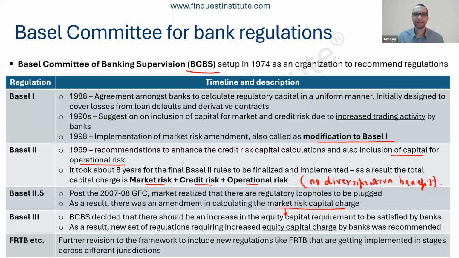So this was a little bit on the timeline as to how the regulations have progressed over the years. As we see, there is a growing awareness that there should be more and more stringent regulations coming into play. That's why, starting from Basel I, we see how things are getting strengthened as we move down the scale right up till FRTB.